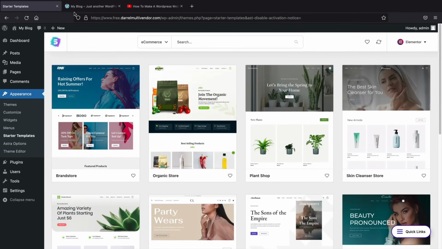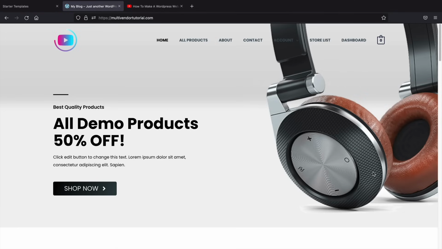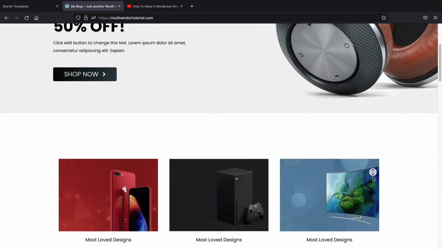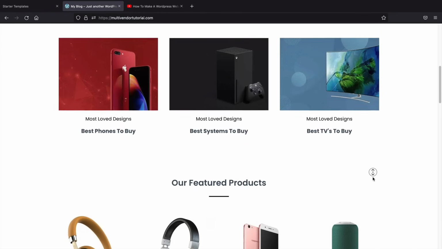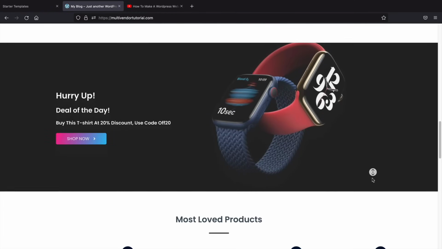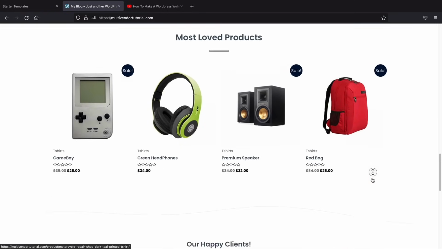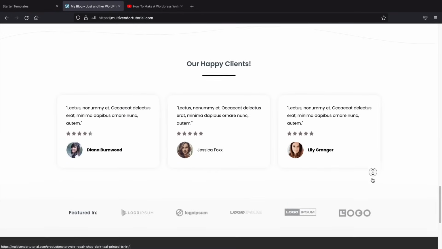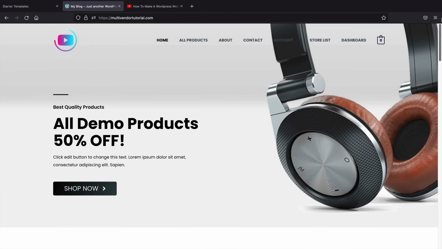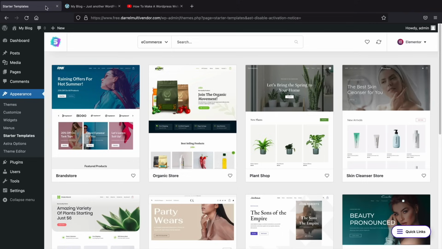and then import it. Now we're going to remake this template right here. Essentially, what I did here was I used one of the starter templates, but I replaced the images and added my own images, colors, and fonts, and it looks like a completely different website. So you can see that this looks like something that's not on the list, but it actually is. I used my imagination and recreated this layout using one of the Astra Starter